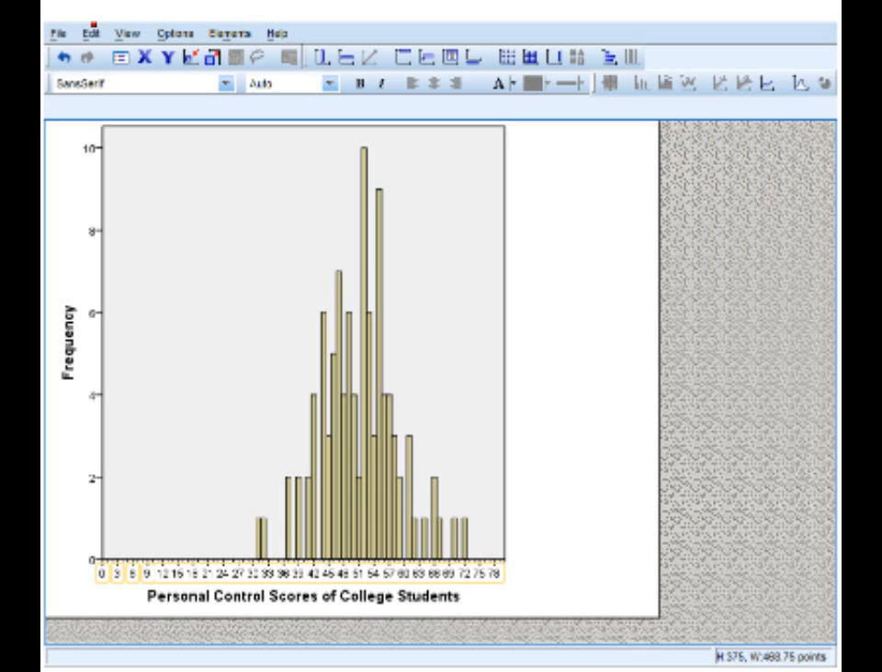If I come down to my first 2 bars, you would see that we have under 31, which is our lowest